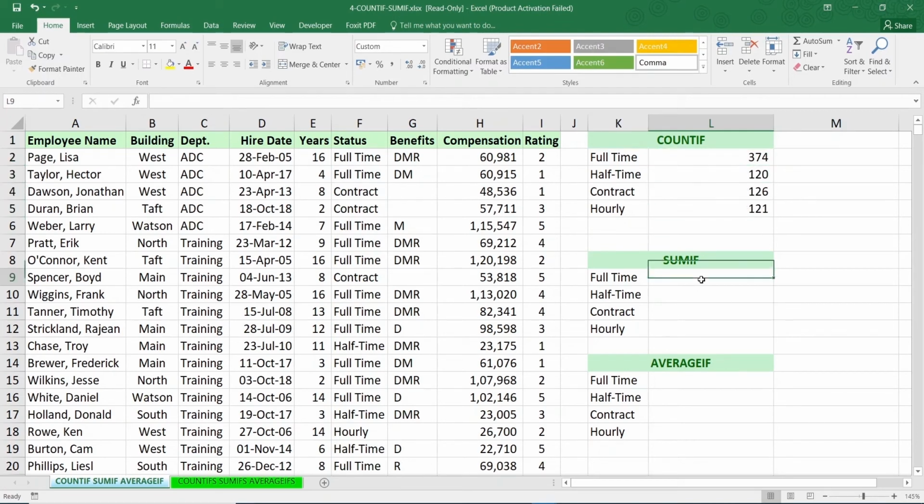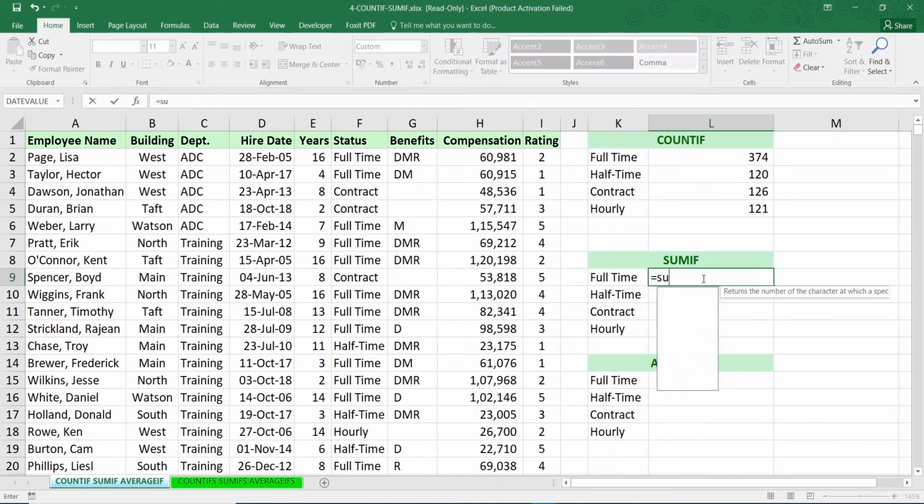All right. Similarly, we have SUMIF. What does SUMIF do? Same concept. SUMIF basically calculates the total sum based on one particular criteria. Okay. The syntax of SUMIF is a little different. What we do is first select the range on which we want to apply the criteria. Say, for example, same example, I want to calculate for all the full-time employees. So I'll select this entire column that has the status. I'll click on full-time. Now I'll select the sum range.